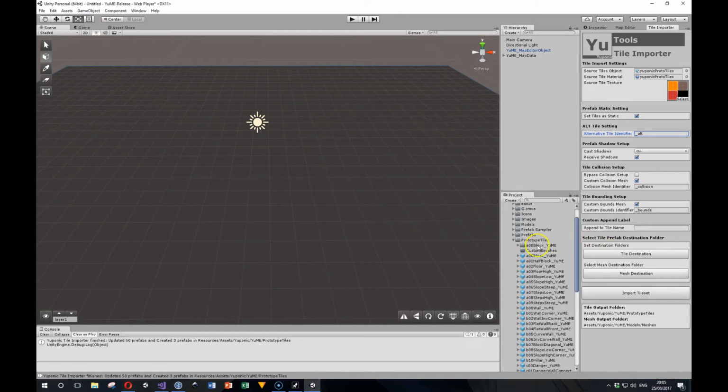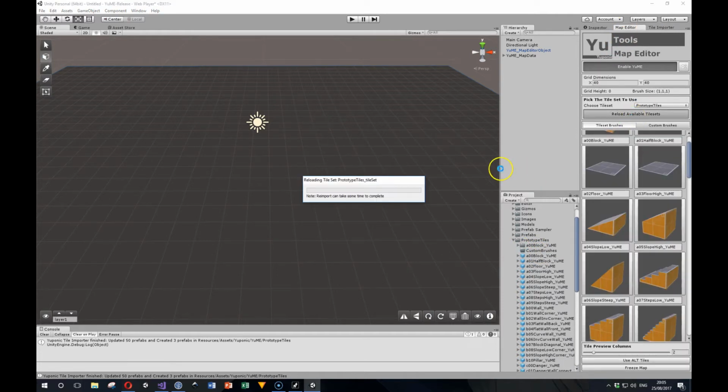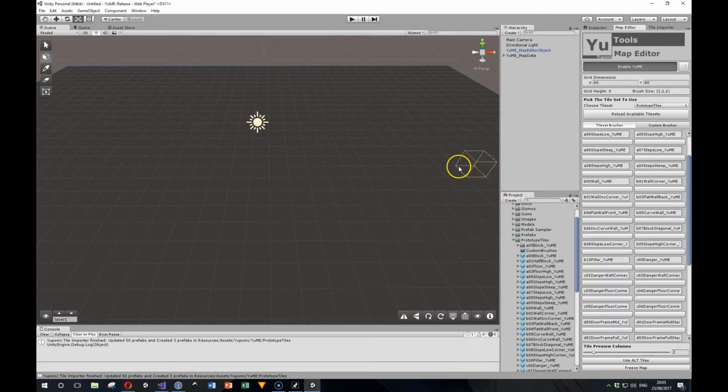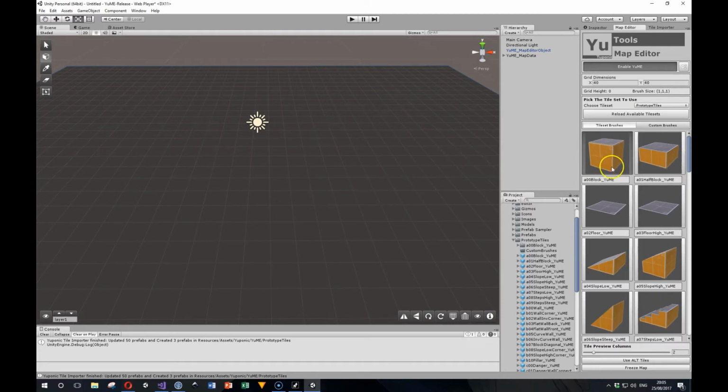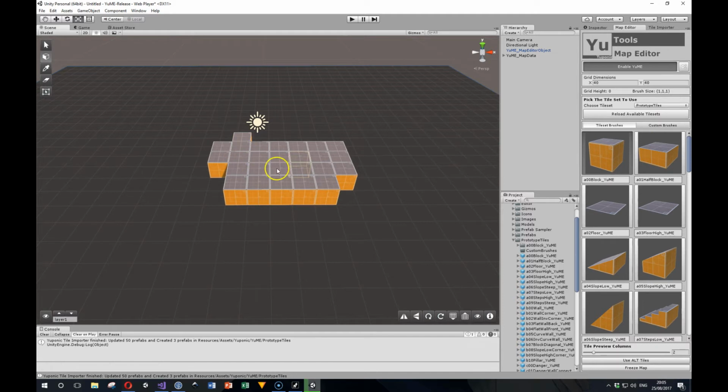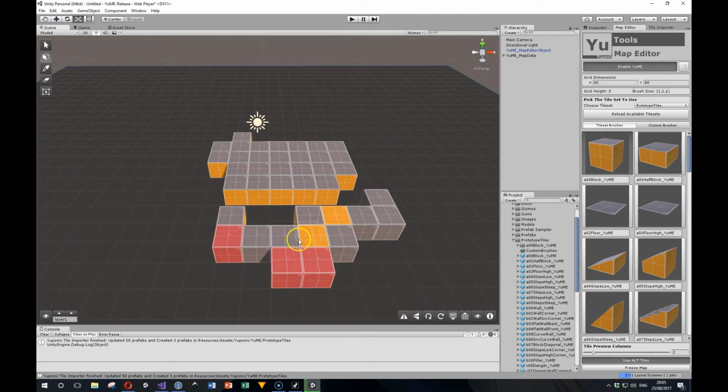What it does is it creates a directory named after the block that it's got alternatives for and puts the alternatives in here. Now if we go to the map editor, let's reload that tile set to make sure we've got the freshest version. These do not show up in the palette, so we can still select this and paint, and everything's normal. However, if we toggle this Use Alt Tiles down at the bottom here, it's going to paint with the different